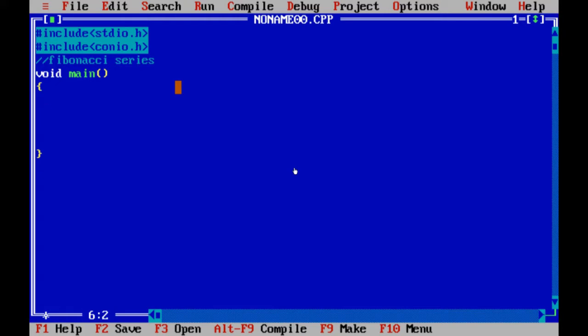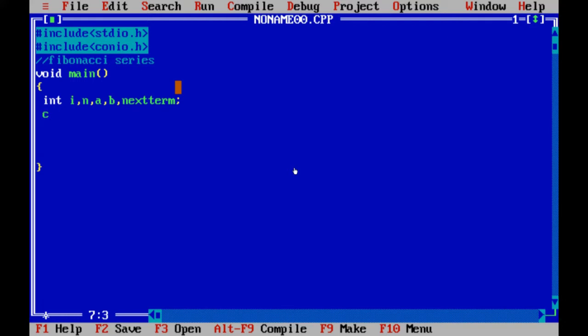Now for writing a program we need some variables. So our variables are going to be of integer type, and these variables are i, n, a, b, and next term, closing it with a semicolon.